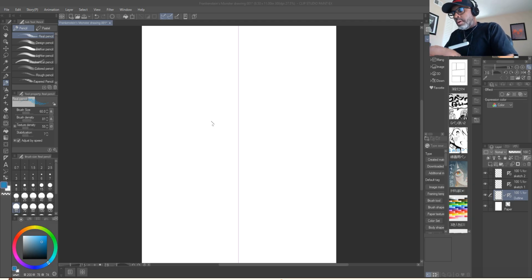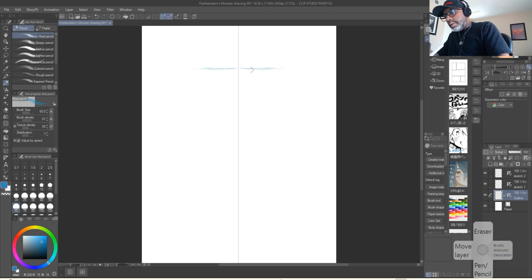Okay. So, let's talk about your classic vision of Frankenstein. Usually there's a certain look that we go for with Frankenstein, and that we see with a classic Frankenstein look. So what I'm going to start with is I want to lay down an outline of the face. So Frankenstein, if you look at his face, it's usually a very square triangular shape. It starts at the top of the head, and I'm just going to draw this triangular shape down like this and just rough it out really nice and smooth